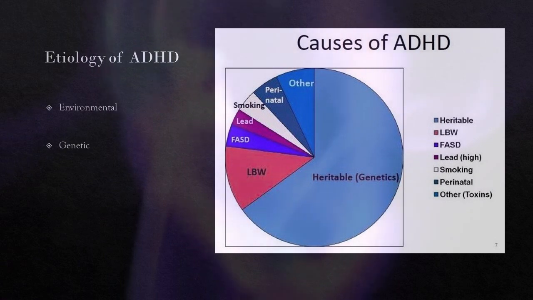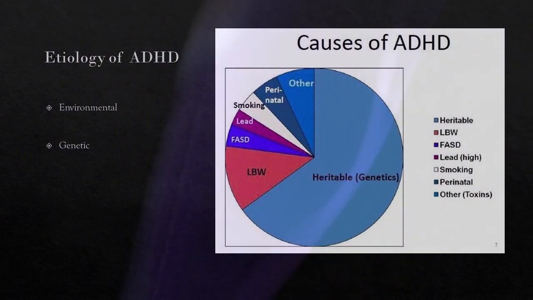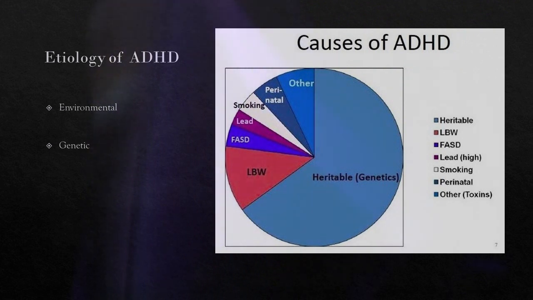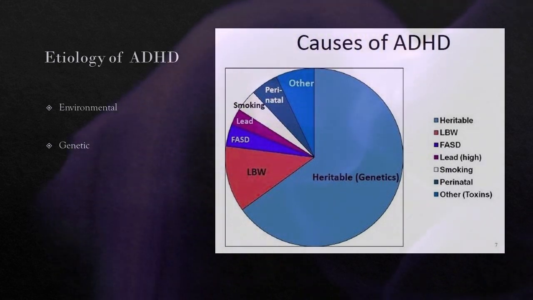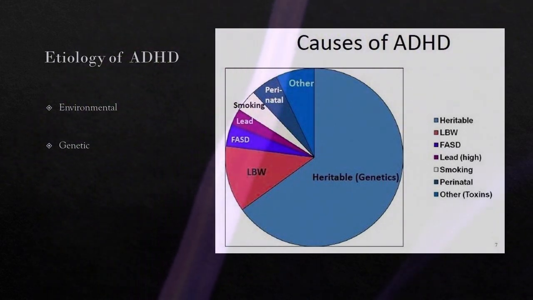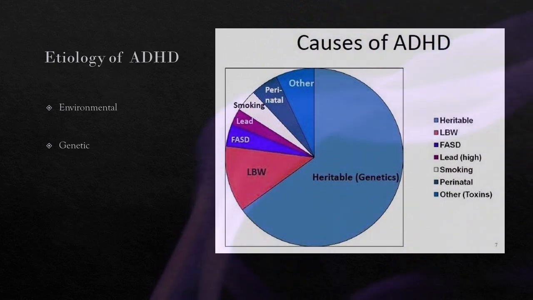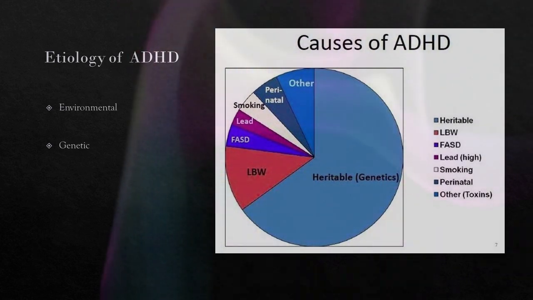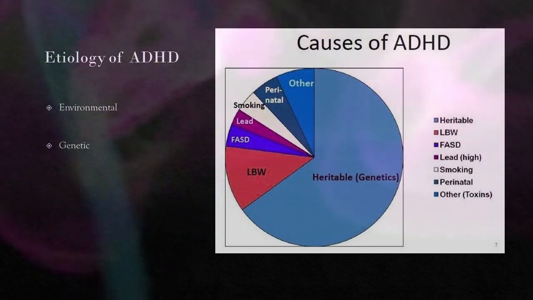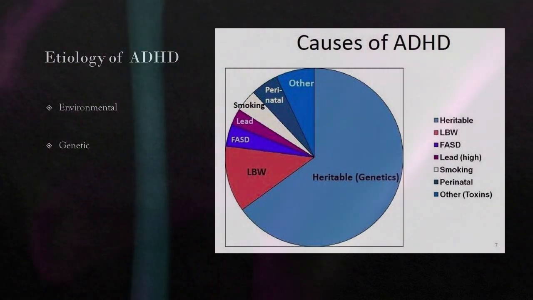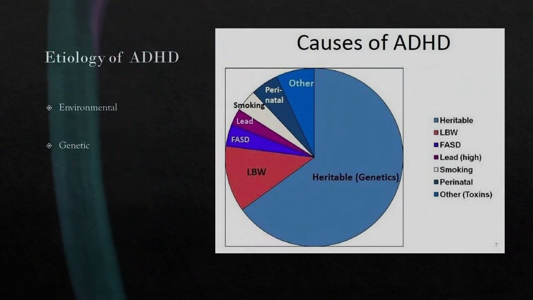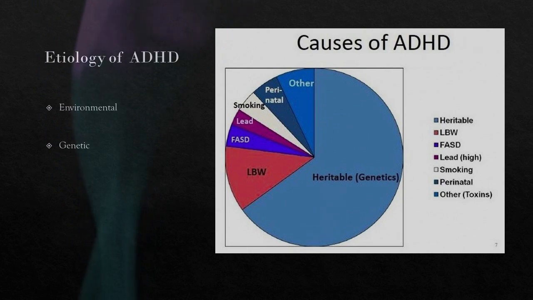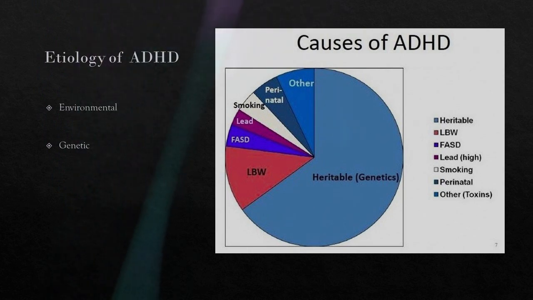Now, when we think in terms of what's the source, the cause, the foundation of attention deficit disorder, there are a lot of different factors that play into this. When we look at the environmental etiology of it, we can think in terms of the prenatal and perinatal factors. Within the prenatal area, there can be exposure to certain risk factors such as maternal smoking or alcohol use or exposure to toxins, and that have been linked to an increased risk of ADHD.